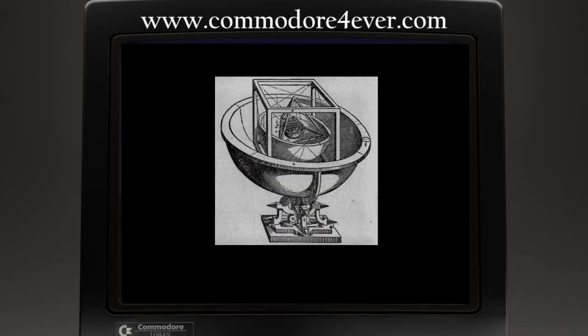Kepler worked for the rest of his life trying to fit the orbits of the planets in between the 5 Pythagorean perfect solids. He drew diagrams and built models of his vision of the universe as he saw it.